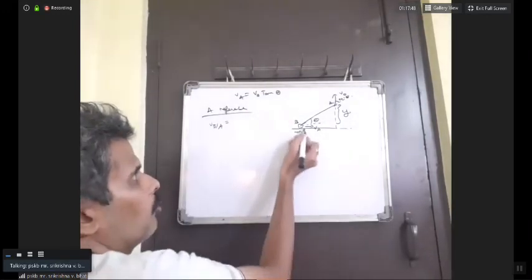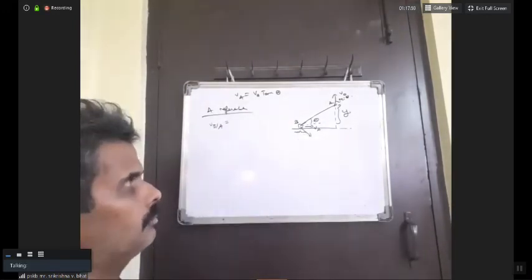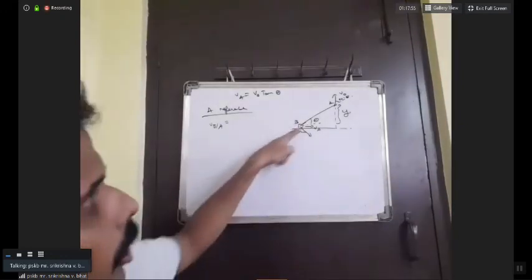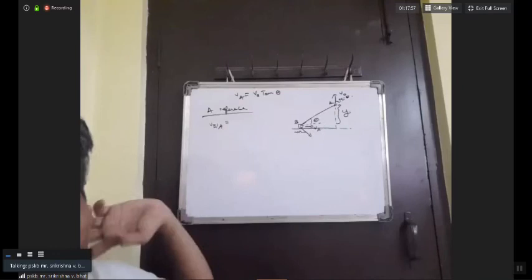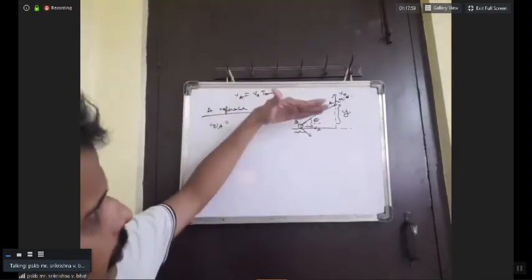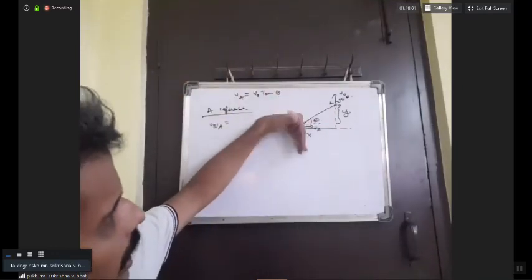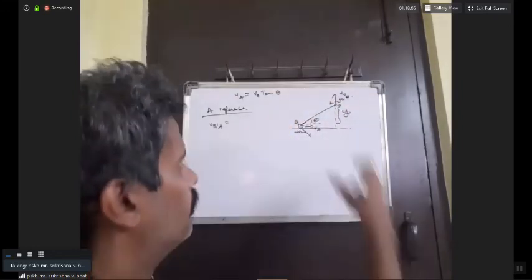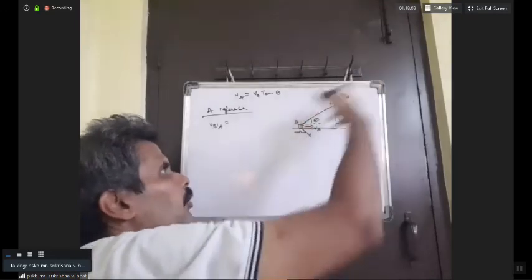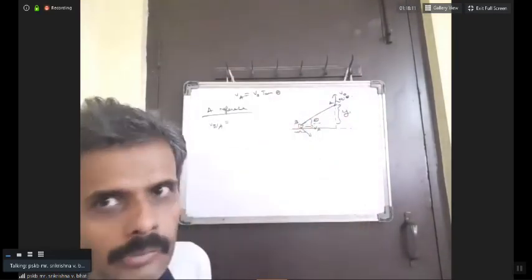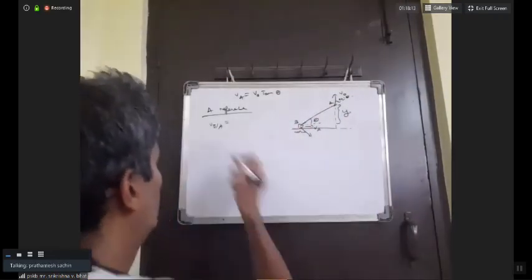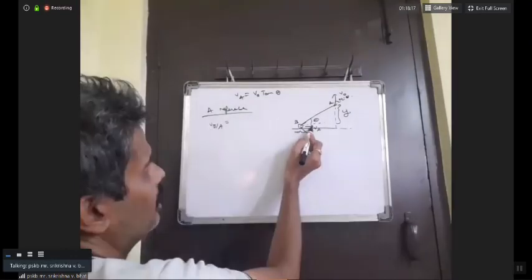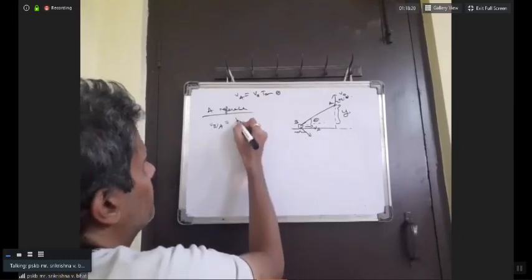Velocity of B with respect to A could be something like this. Velocity of B with respect to A along the string will be 0. Perpendicular to the string, we can take the component of VA and the component of B's velocity, both perpendicular to the string, and add. That will be the relative velocity. So here VA's component will be VA sin theta.